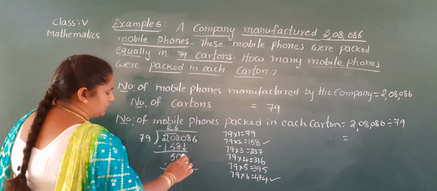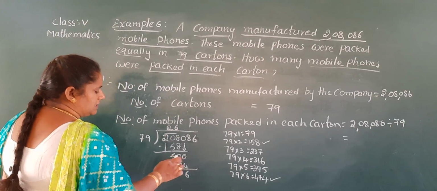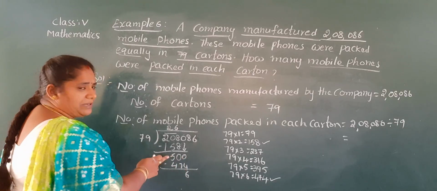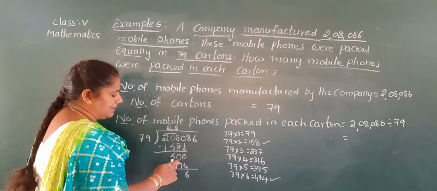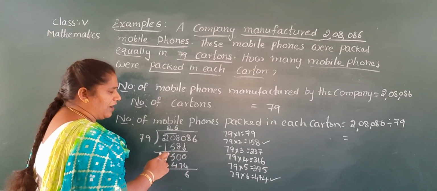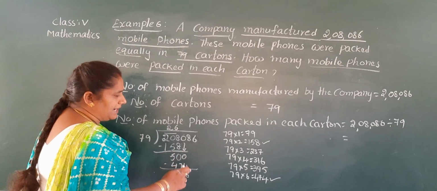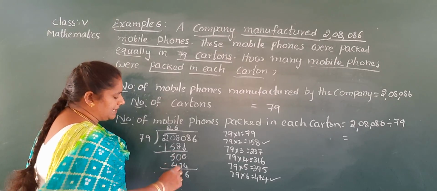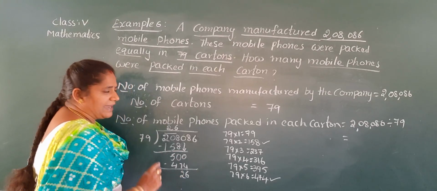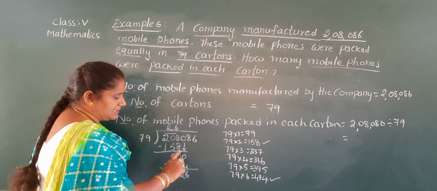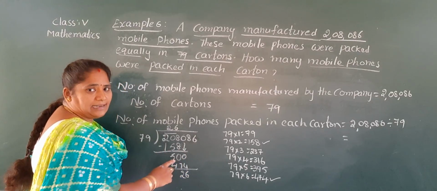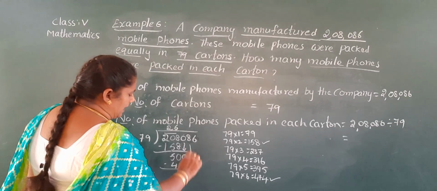Now do the subtraction. 10 minus 4, 6. Here 2 zeros are there. So you take the borrow from 5. Then this 0 becomes 10, and this 0 becomes 9, and 5 becomes 4. Now 10 minus 4 is 6. 9 minus 7 is 2. You came to 5th class, so you need not draw like this. 10, 9, 4. You do this calculation in your mind. Now take down 5.